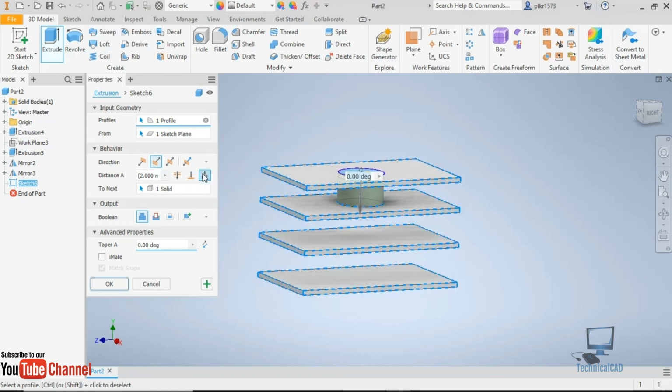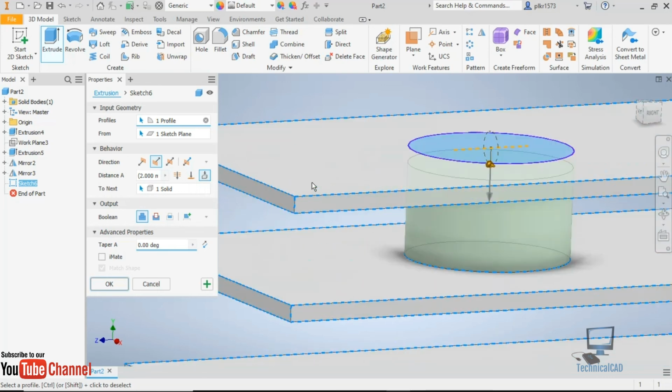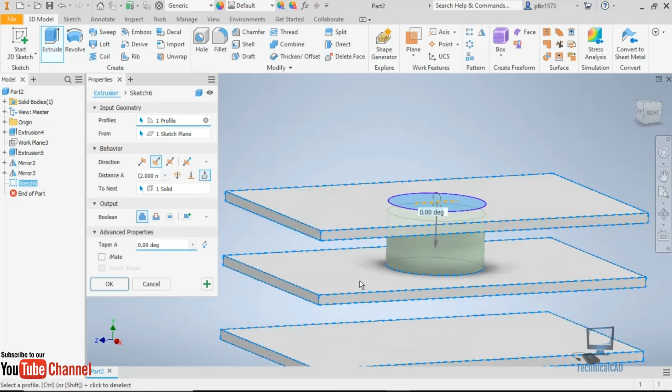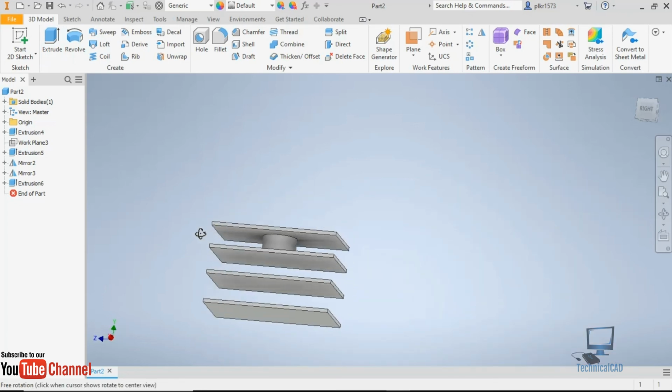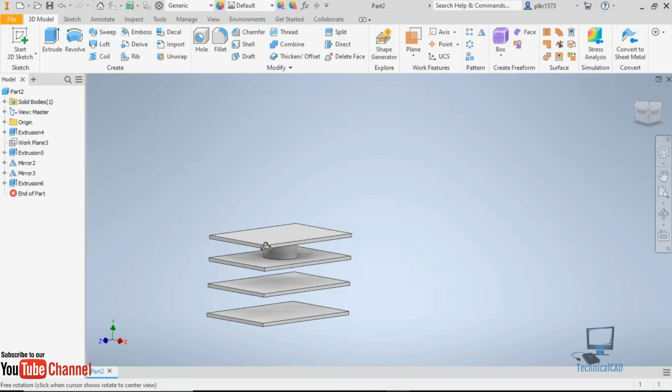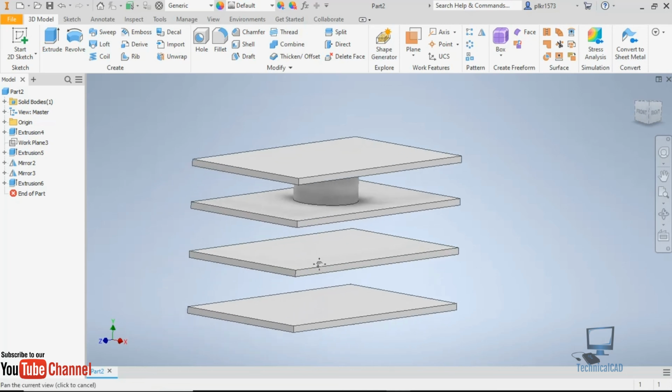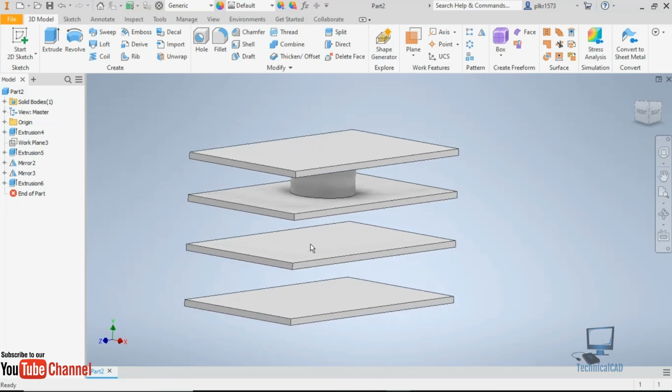If you give to next, it will automatically extrude from the surface to the next available surface. Now you can see the extrusion has been created here. So like this we work with the extrusion option.